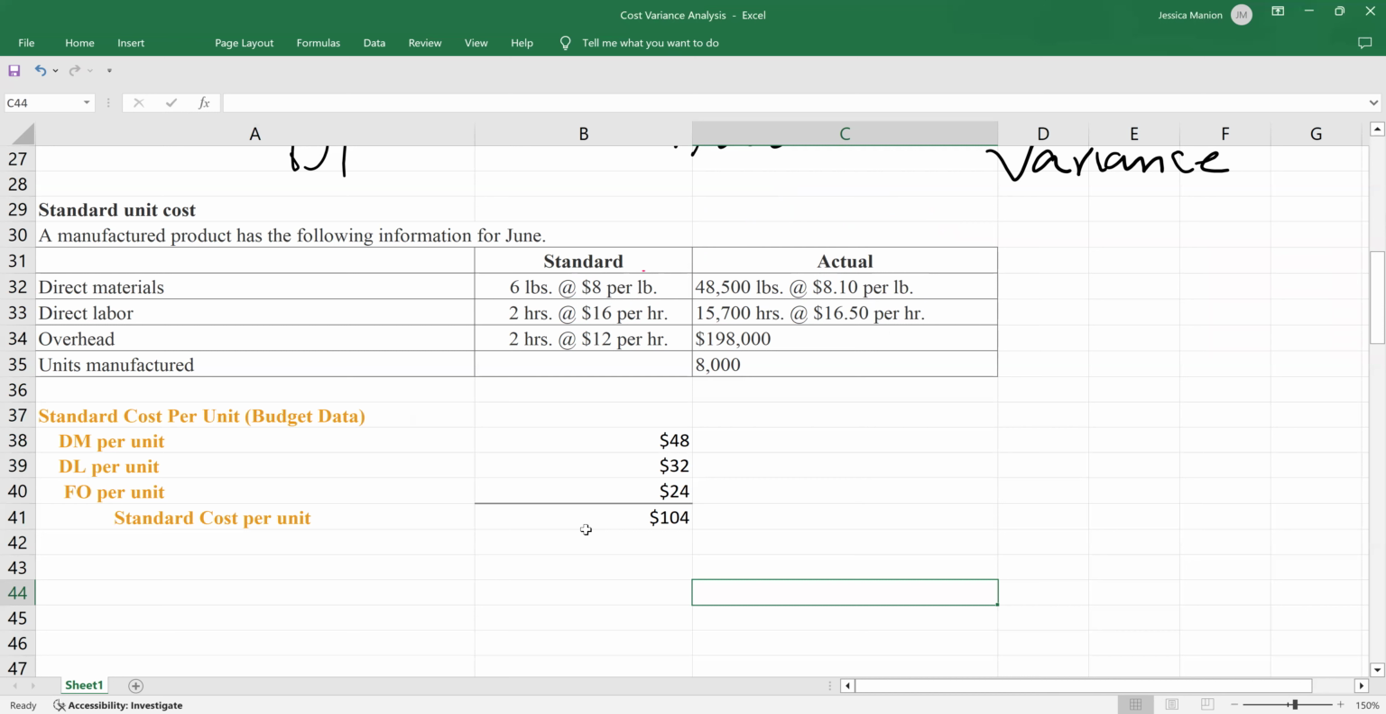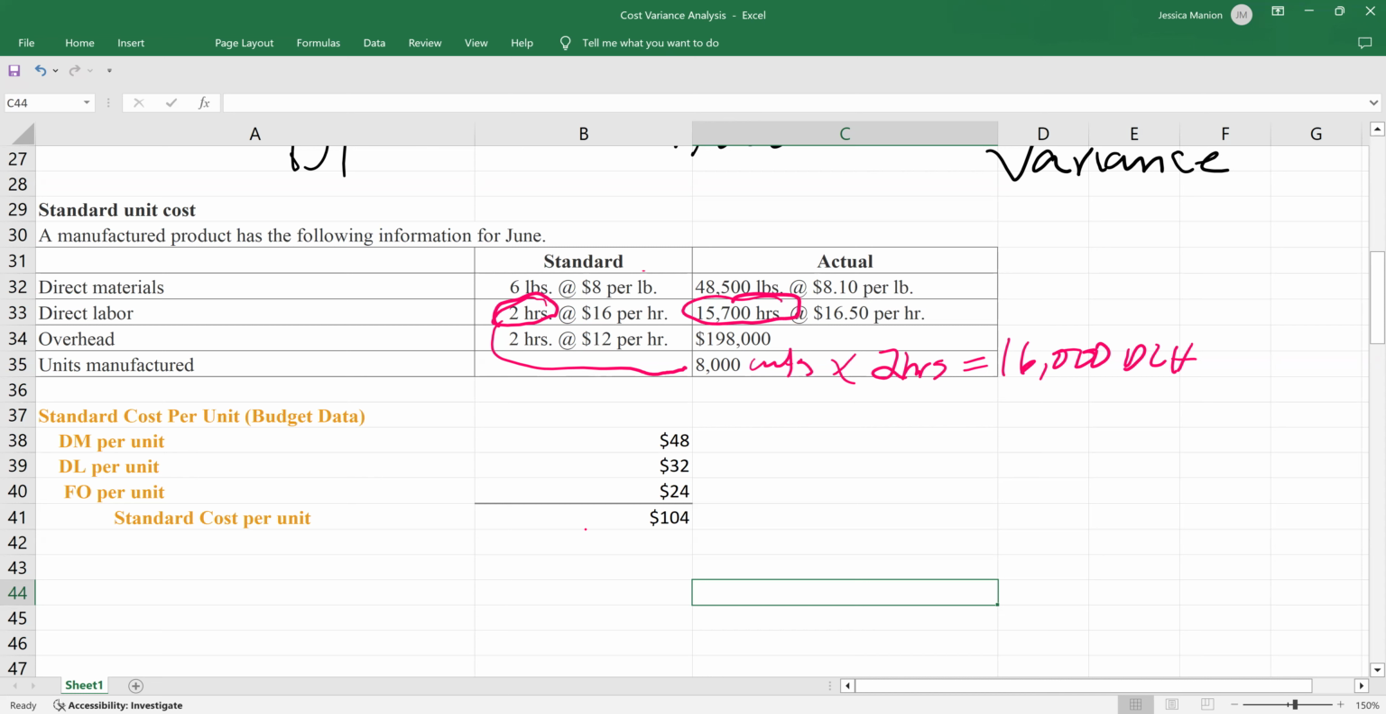So, each unit requires 2 hours of direct labor. We produced 8,000 units. So 8,000 units times 2 hours per unit, we should have used 16,000 direct labor hours. But we actually did it in 15,700. So we were more efficient. That's going to be a favorable